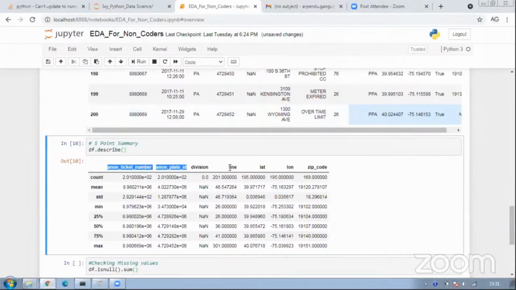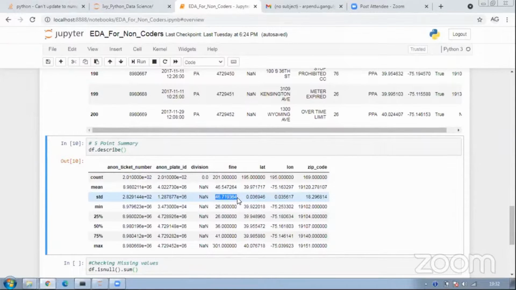What can be an important column to check is fine, right? So we have got 201, we have got mean as 46, standard deviation is 46, minimum is 26, first quartile is 25, 50th quartile is 36, and third quartile is 41. The maximum is 301, right? So we see quite a difference between my minimum, which is 26, and maximum, which is 301. Hence you also see a good standard deviation, right?